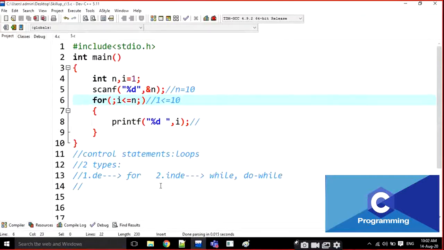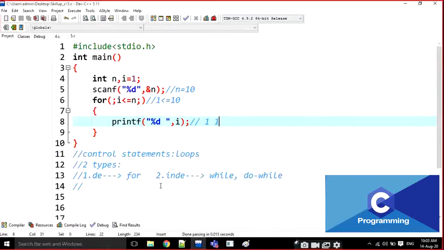True, sir. Yes, it comes inside the loop and prints 1, and it goes to the increment and decrement block. Is there any increment or decrement block? No, not at all, right? Then it automatically goes to the conditional statement again, and again it checks whether 1 is less than or equal to 10. Is it true or not? Again it is true, then it prints 1 again and again, again 1, again 1, like this.